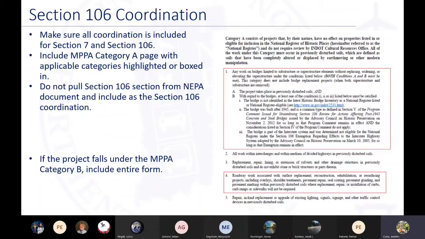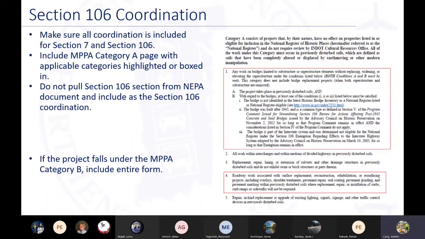For Section 106 coordination, be sure all coordination is included, like I said, for Section 7 and Section 106. Include the MPPA Category A page with applicable categories highlighted or boxed in, like what is shown here. Please do not pull the Section 106 section from the NEPA document and include that as your Section 106 coordination.